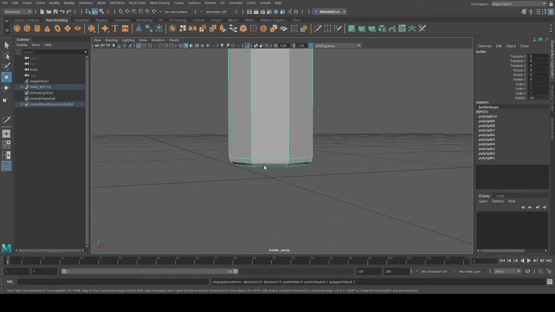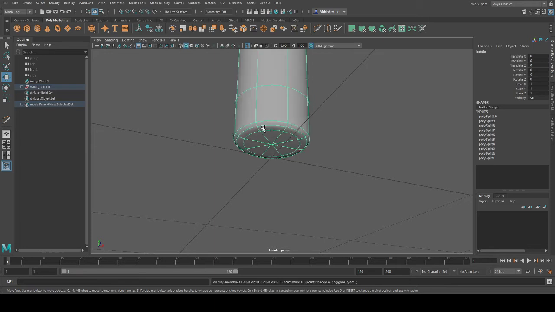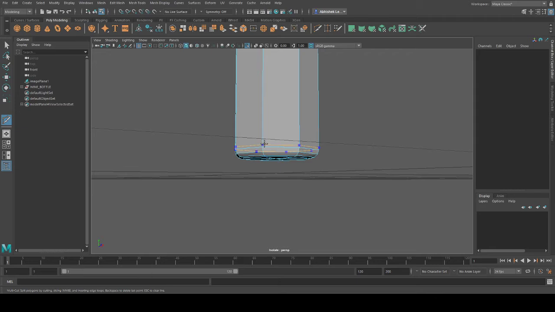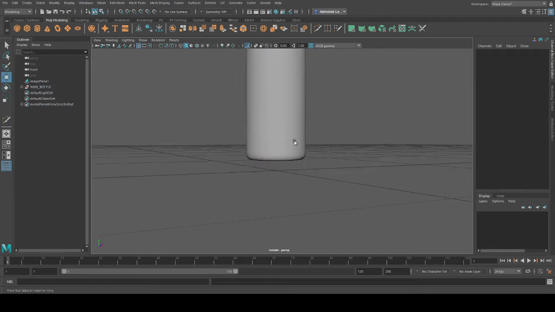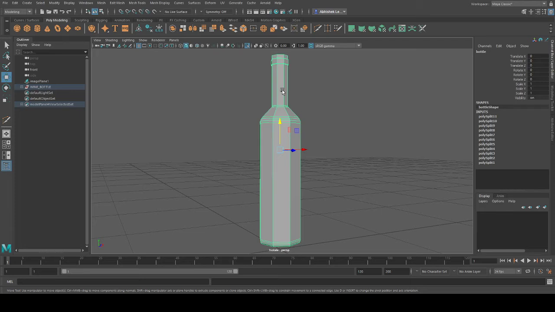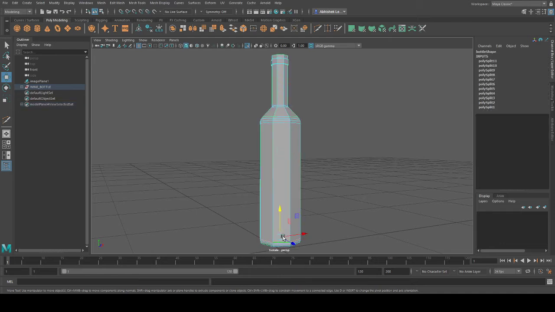Here it is stretching, right? We don't want hard edges over here. So what we can do is create one over here. Alright. And now after creating hard edges, you don't want that edge to be stretched. When I press 3, what happens? This particular edge is coming up here. So you don't want that thing.